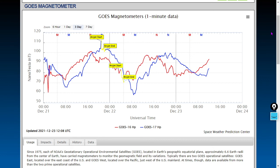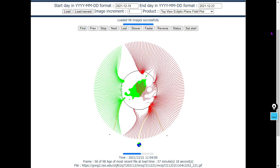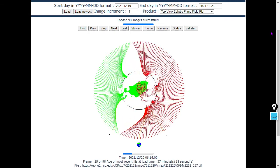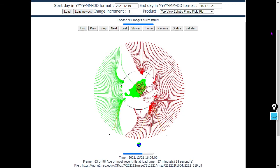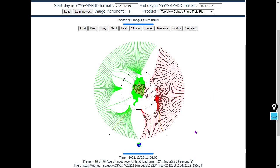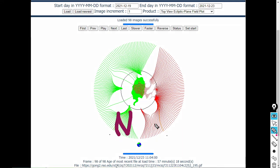Let's get to magnetic data. Earth is in a North Pole current sheet. Here are the measurements by the GOES 16 and 17 over the past 3 days. Here's the current sheet, and you can see there is a North Pole current sheet now here at Earth's potential field surface source line as we forecasted yesterday. North Pole current sheet shown here in green, and Earth is likely already in this current sheet here and out of this one here, the South Pole oriented one that we can say goodbye to for a while,